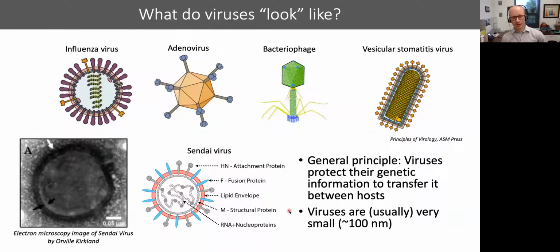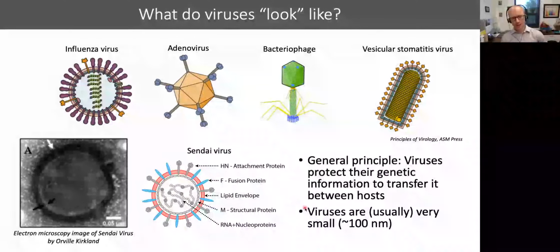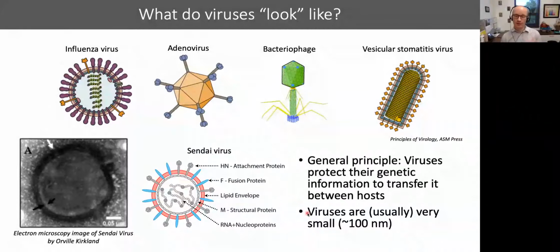Next question, how big are viruses? Well, we traditionally think of viruses as being very small, on the order of around 100 nanometers, which people always do this. I don't know that it helps, but it's on the order of 1/1000th of the width of a human hair. This small size is actually small enough that I put the word look in quotes.